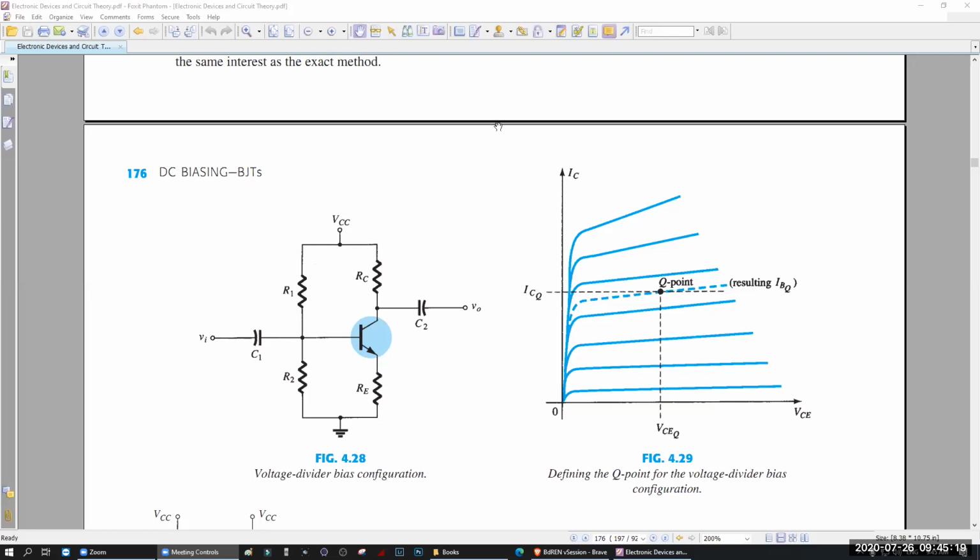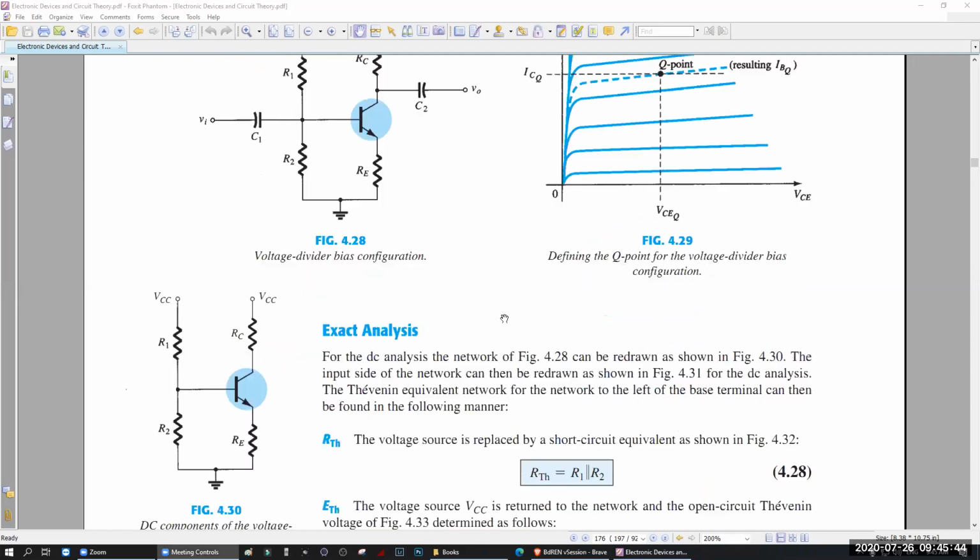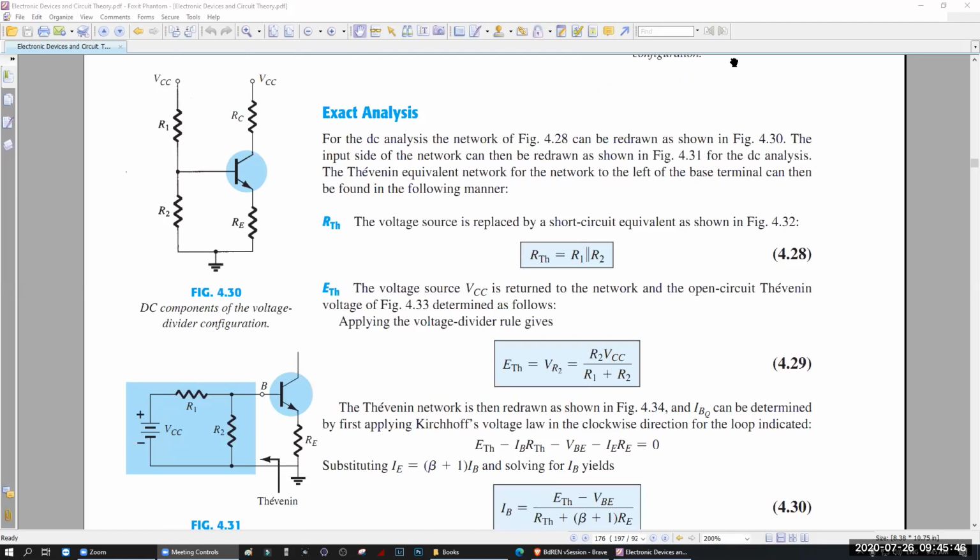They're not RB. So now you cannot apply a KVL and find the IB. Remember, the current that is going through this resistor is not IB. The current that is dividing and going in that way, that is your IB. This is your IB, not this. So this is a problematic setup, but we have to do it. How? We have to use Thevenin. Have you ever heard of Thevenin? Yes. Okay, we have to apply the Thevenin theorem to do it.